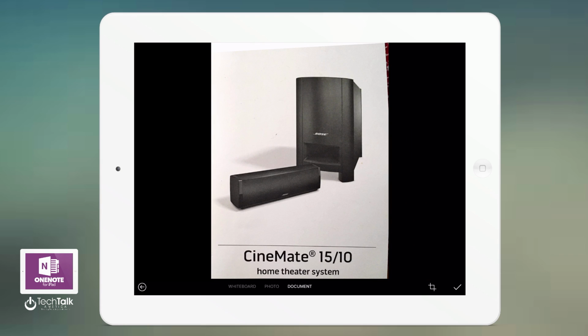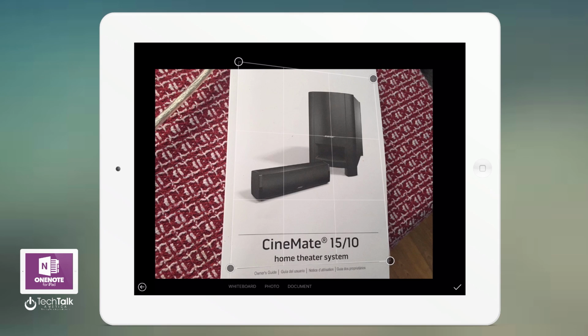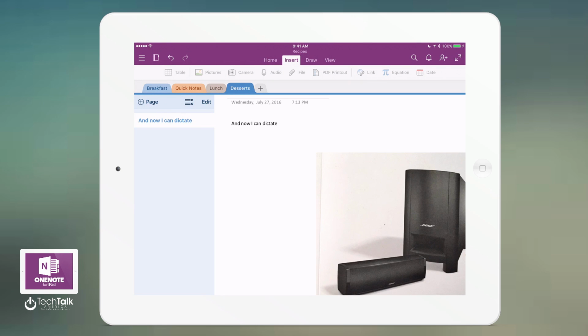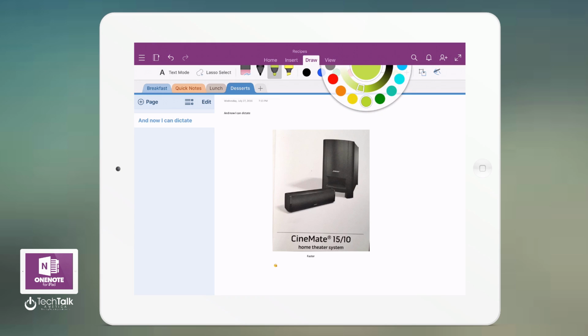And so by hitting document, it crops it immediately to the text, and I can hit the check mark. But you can also do whiteboard or photo. I'm going to do document. Let's do that. There's a crop tool here, if you don't care about that part. Okay, good. Check. So now if I want to mark that up, all I have to do is go back to Draw, grab my marker. Let's go to something like yellow. I can say,